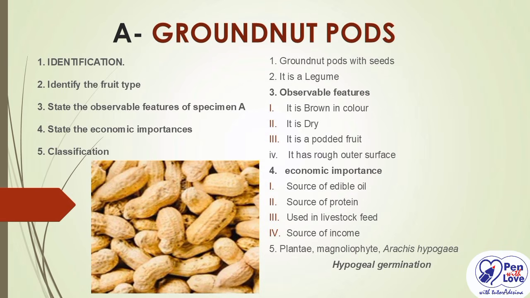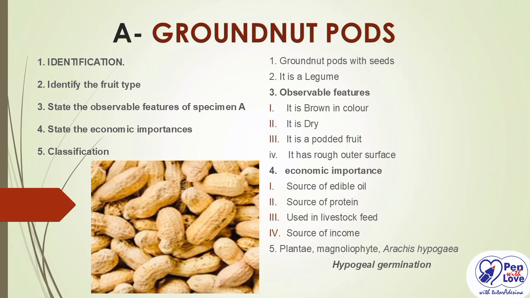The division, popularly known as phylum, but when it comes to plants you call it division, is Magnoliophyta. The genus is Arachis, and the species is called hypogaea. So in a nutshell, specimen A is groundnut pod, and we can say the scientific name of groundnut is